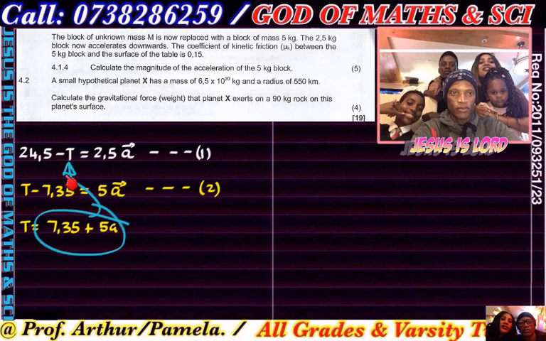Put them in a bracket because the negative will affect the 7.35 and the 5A. I'm going to substitute it there, already changed the sign. So it's 24.5 and then minus 7,35 minus the 5A. All of that equals